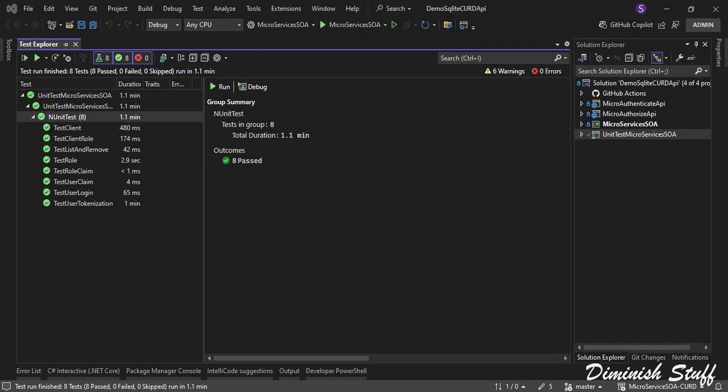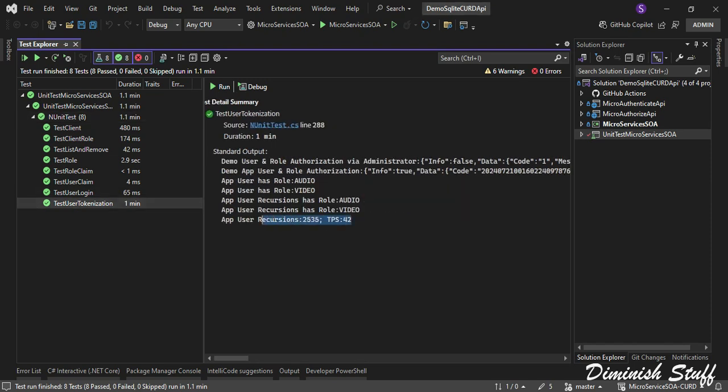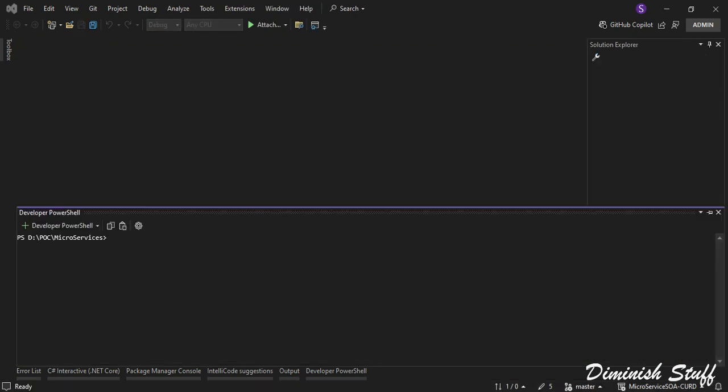So the test run is complete. We have got the login information, and we have got some inputs that we have done recursively. That's around 42 TPS on the local machine. So let's get to our API creation, and I'm just going to create a .NET new Web API